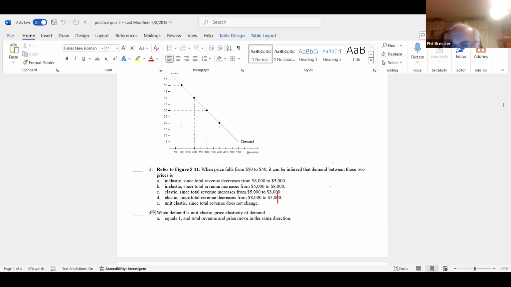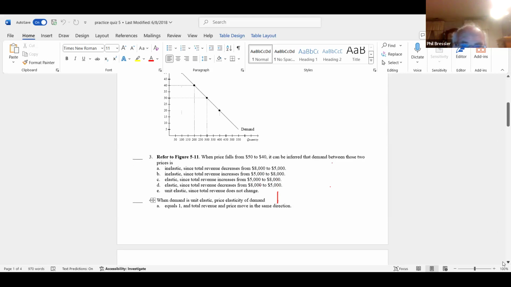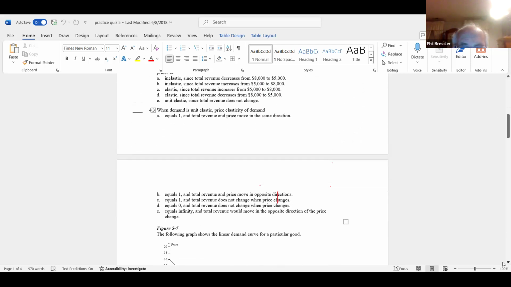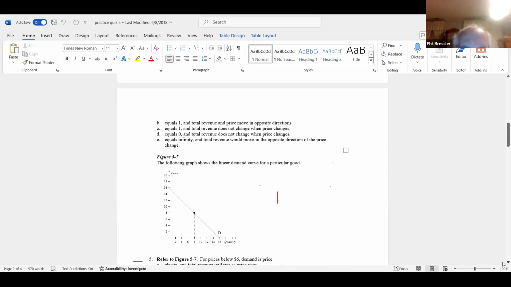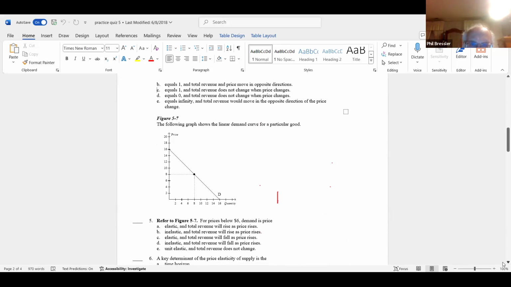Does that make sense, Peter? Okay. And that question definitely would be on. So, I would know how to do it. And there seemed to be a couple like this. All right. So again, just know in the middle, like at the 8 here is unit elastic, to the left is elastic, to the right is inelastic, and be able to do the total revenue like we just did in the one above.